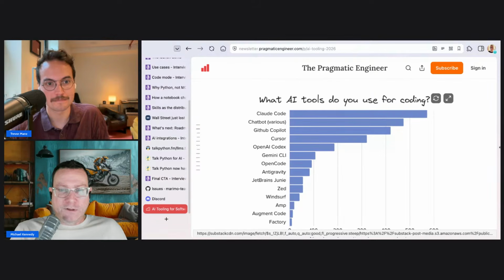Like, I don't know that that's necessarily what people are seeking out as their top choice. I don't know. I could be wrong. Sorry if I got that wrong, Copilot folks. And then maybe about half is Cursor, and that's kind of its own world, and it goes Codex. So like, I feel like this is Claude Code, which was way behind a year ago.